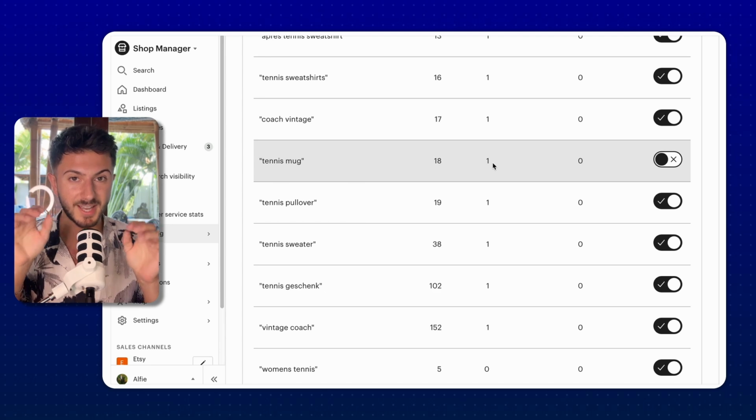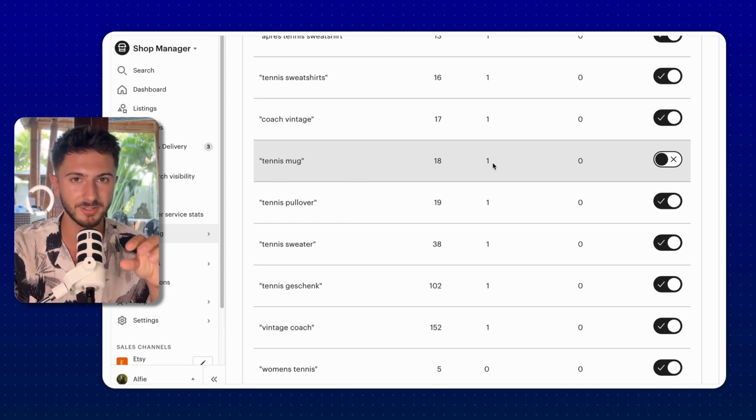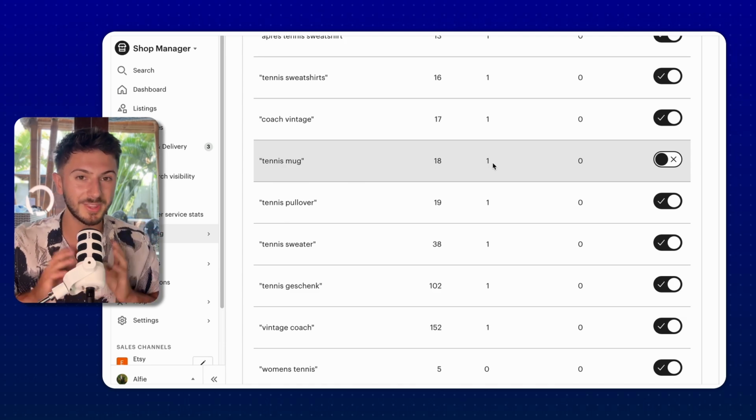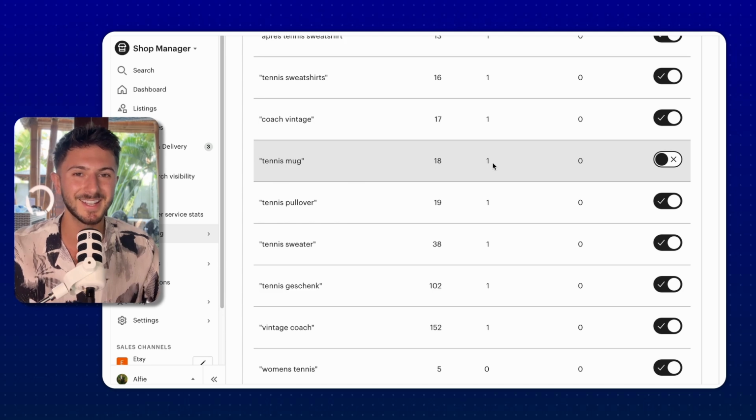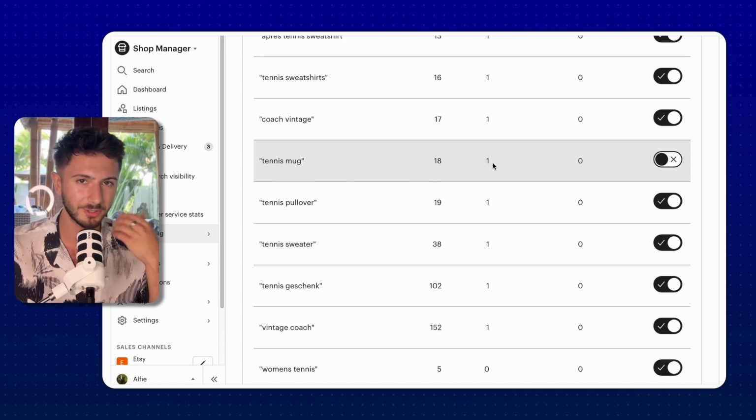They're looking for a tennis mug to buy, and my ad for that product has been shown to that person, and then they've clicked on the ad. So this is what you don't want, because a customer that's going on Etsy and searching for a tennis mug is a lot less likely to buy a tennis design sweatshirt than somebody that's gone on Etsy and typed in tennis sweatshirt. So we don't want our budget to be used for that customer that's looking for a